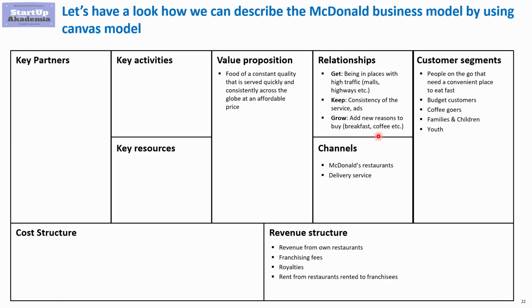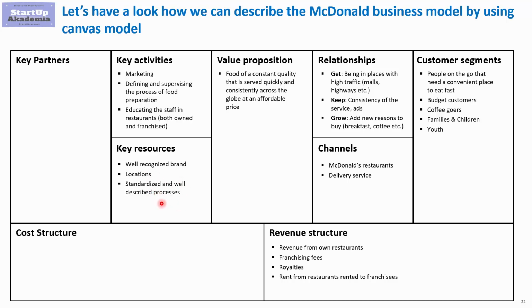In the case of revenues, they have been very innovative. On top of the revenues from selling food in their own restaurants, they collect franchising fees and royalties from franchisees. In many cases, they own the building where the restaurant is located, so additional revenues come from the rent, again from franchisees. When it comes to resources, the most valuable one is obviously the brand. However, apart from that, you have locations, especially the ones that they own, and standardized and well-described processes.